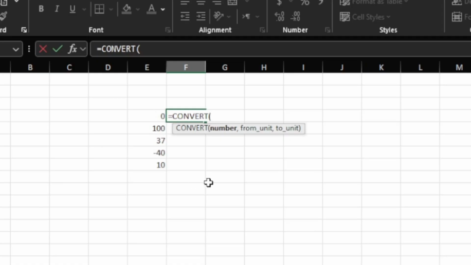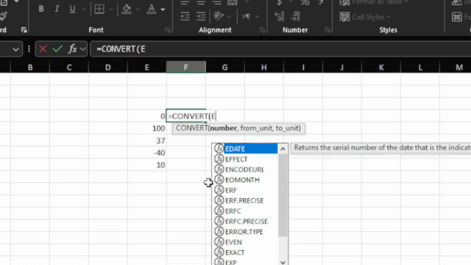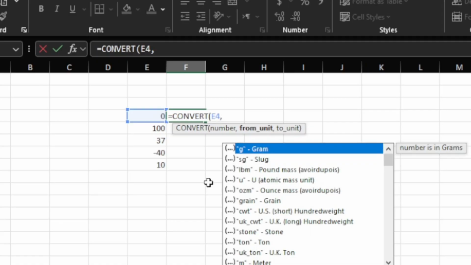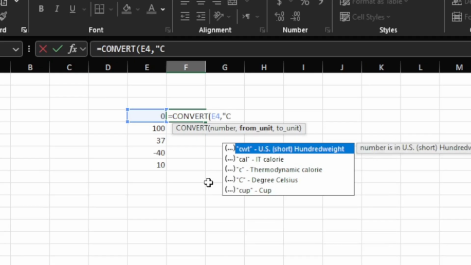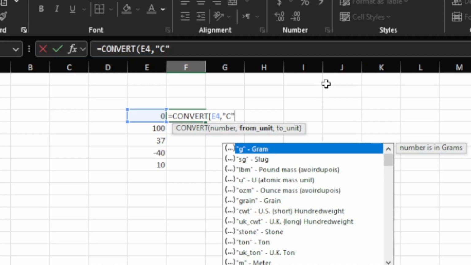So I enter E4, and then a comma, then quotes, and for Celsius we use capital C. And if you are not sure, you see here the suggestion is given, capital C is for degree Celsius. You can click on this to go to the help menu, and that would open another help menu on the right, but for the time being I know the suggestion over here, so I just put that Celsius, then comma,